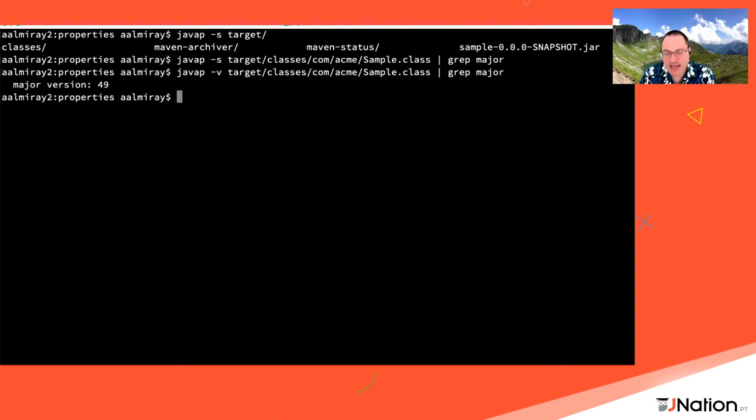Does anybody take a guess which Java release this number maps to? That's Java 5. The default version of Java that's coming all the way from the Maven Super POM is Java 5. But I still have Java 8. So how do I make sure that my compiled code uses the version of Java that I want? There are a couple of ways. I could define a block in the POM file saying this is the Maven compiler plugin and set the target and the source, or I can set it in the properties, or as I'm going to show right now, I can do it on the command line.